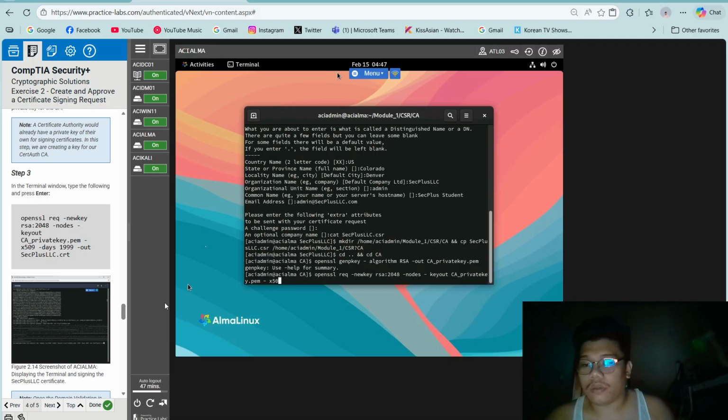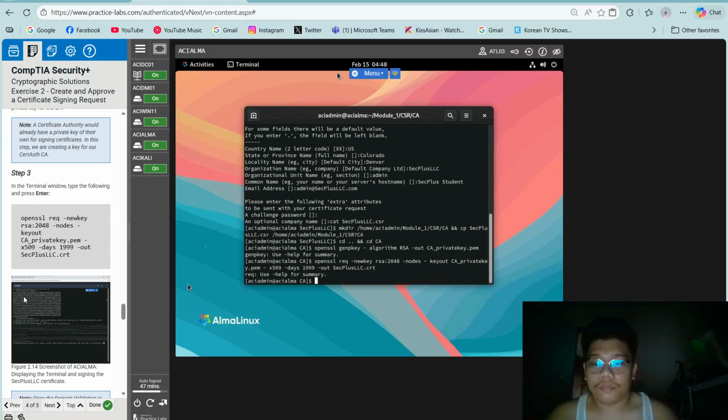x509 dash days 1999 out sec plus LLC dot CRT.